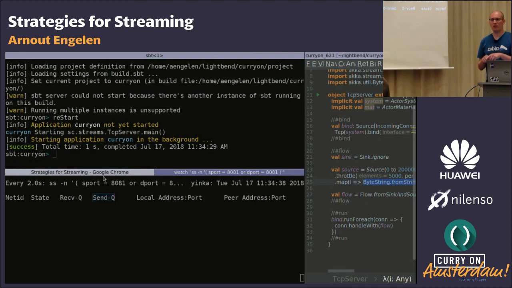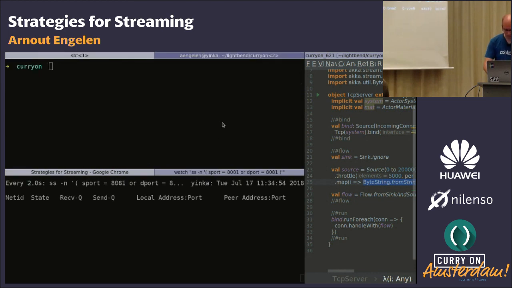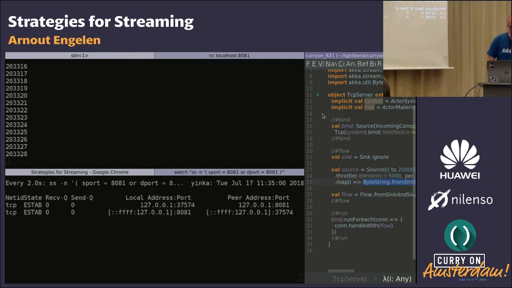These are the operating system queues holding any data which is being received or being sent to the other side. So I've started the application. Now we can connect on port 8081, and we see the numbers. We also see the connections here.